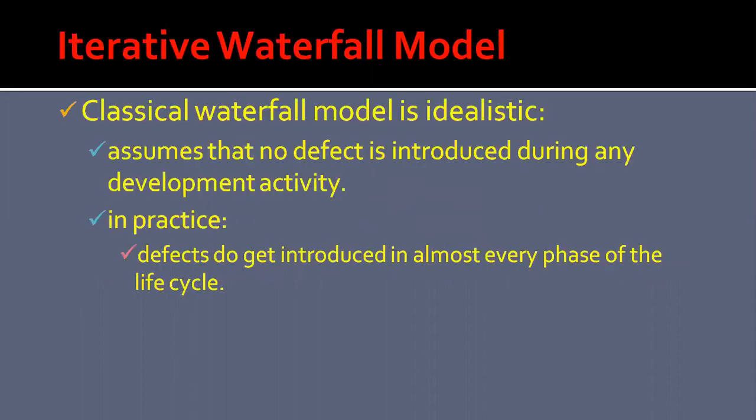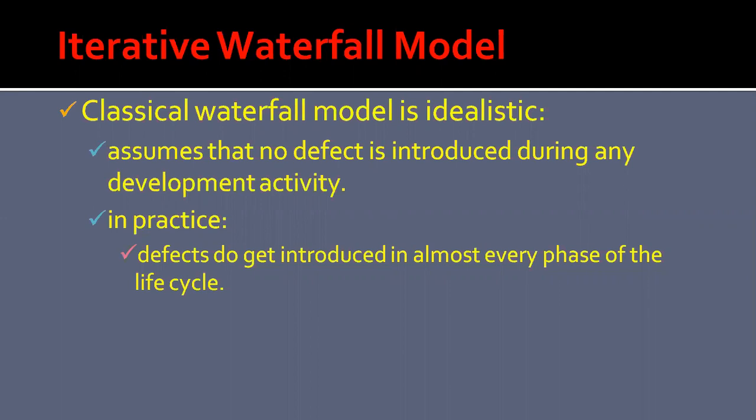We had pointed out in the previous session that in a practical software development project, the classical waterfall model is very hard to use. And we had branded the classical waterfall model an idealistic model. So in this context, the iterative waterfall model can be thought of as incorporating the necessary changes to the classical waterfall model so that it can be made usable in practical software development projects.